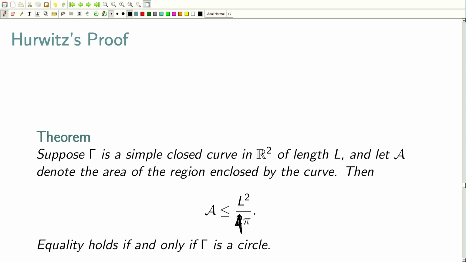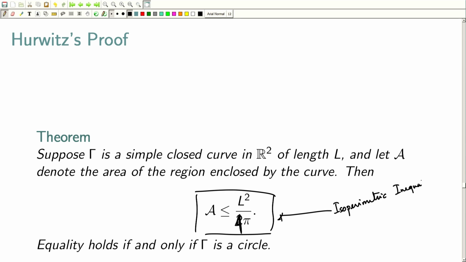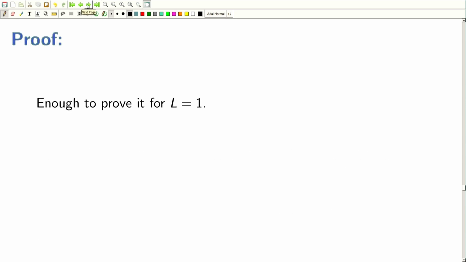A, the area, is less than or equal to L square by 4 pi, and this inequality is called the isoperimetric inequality. And the equality holds if and only if gamma is a circle. Now let us look at the proof. It is enough to prove for L equal to 1, otherwise we can change it just by the